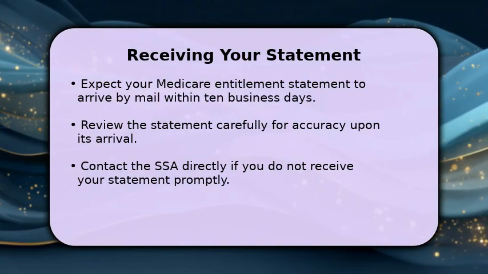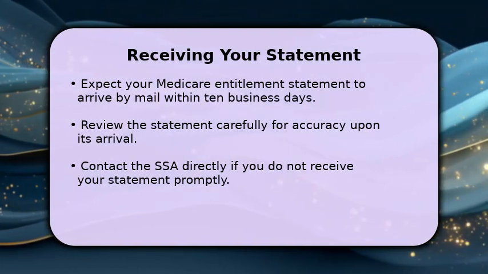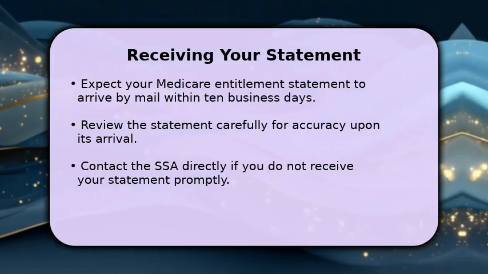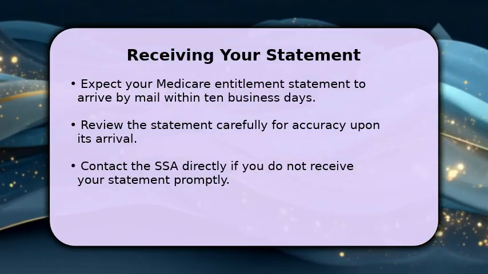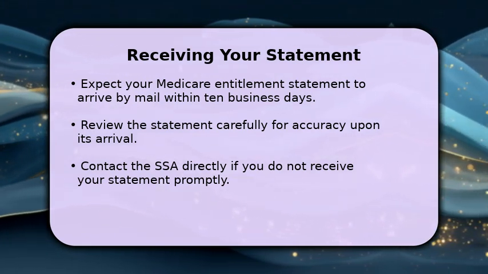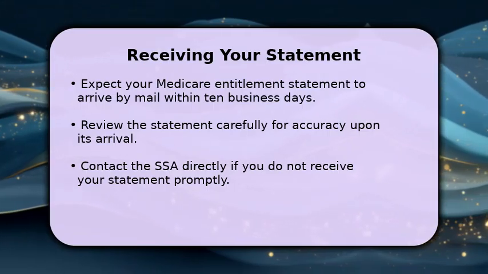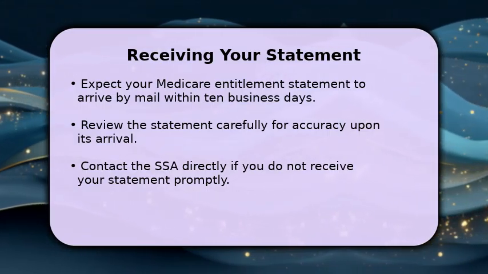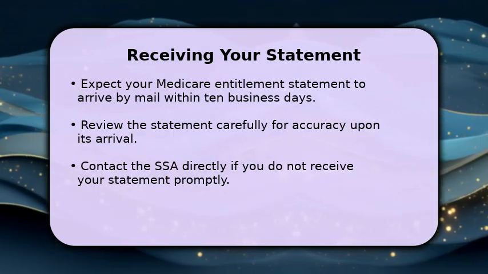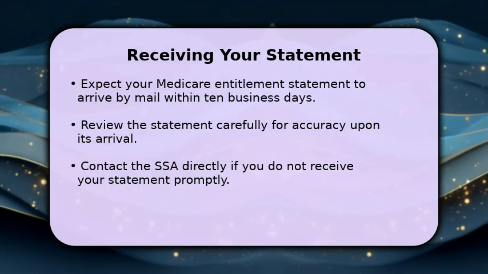After submitting your request, you can typically expect to receive your Medicare Entitlement Statement by mail within 7 to 10 business days. Once it arrives, take a moment to review all the information for accuracy, including your name, Medicare number, and coverage dates. If you have not received your statement after 2 weeks, or if you notice any discrepancies, contact the Social Security Administration directly for